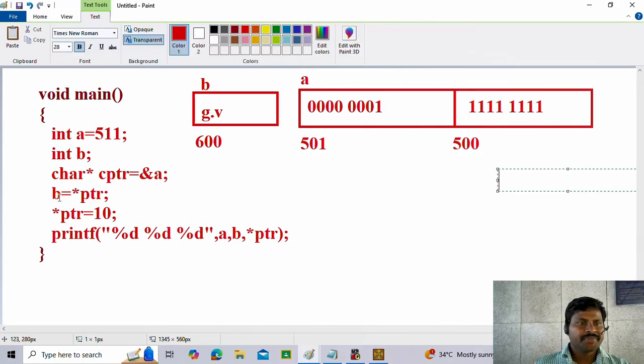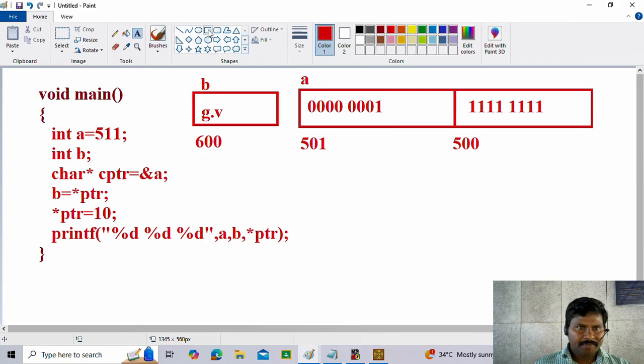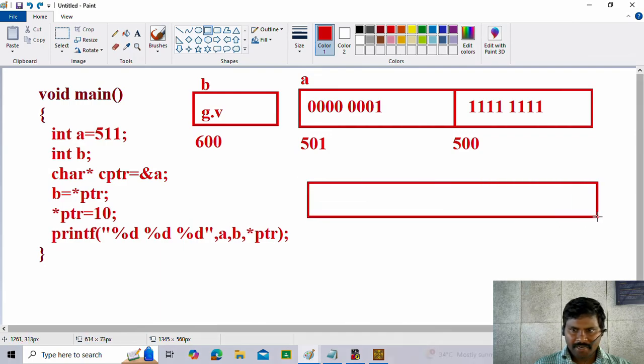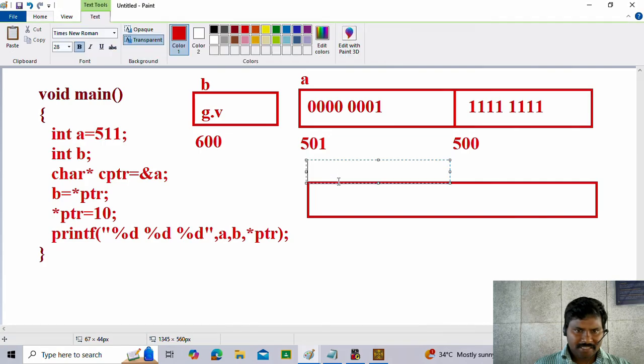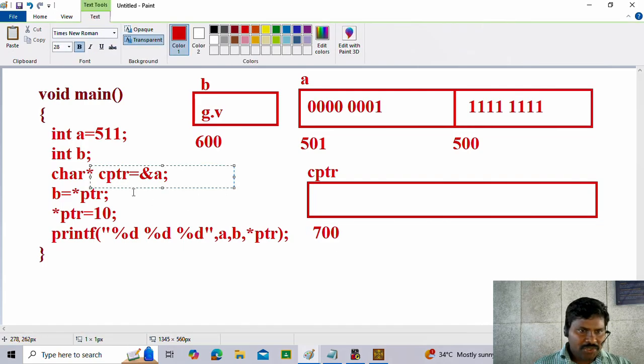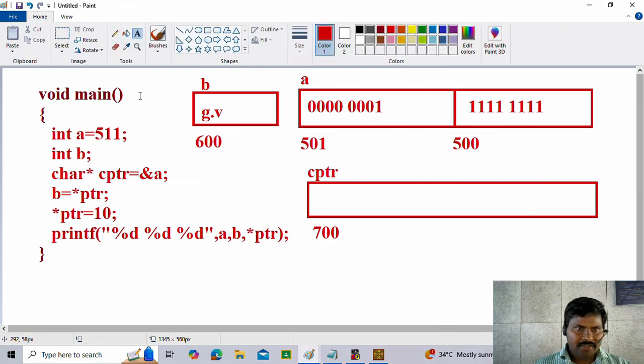Next, char pointer. Here I am declaring cptr. A character pointer address is 2 bytes. So the variable name is cptr. Here I am taking some address 700. In cptr it stores the address of a. So please remember,